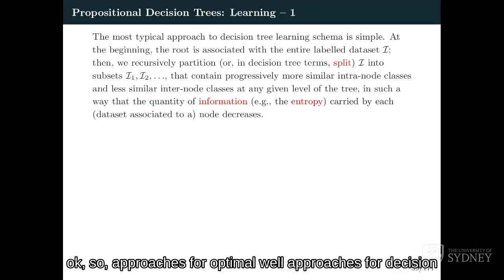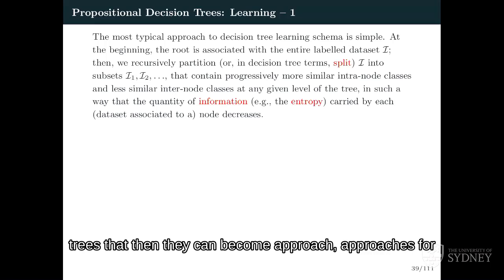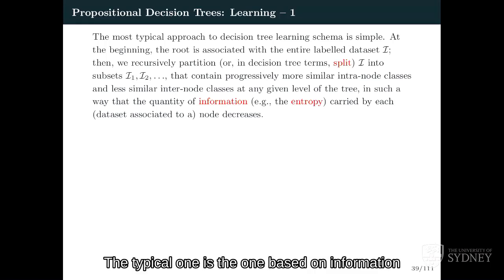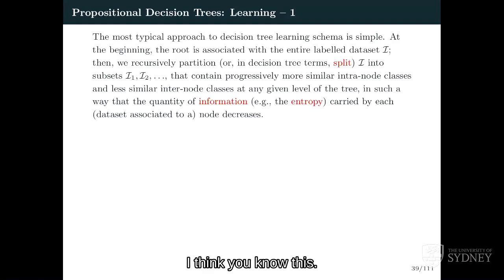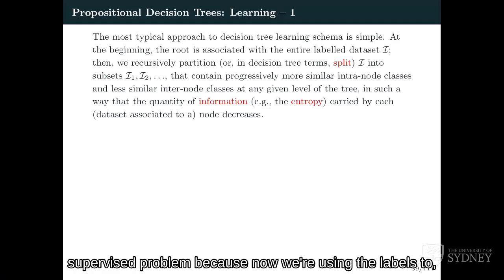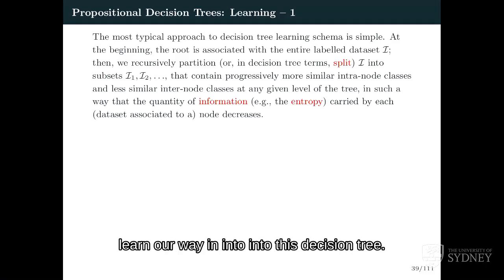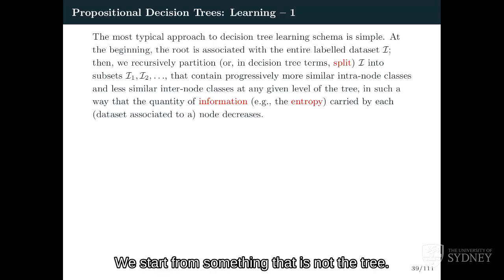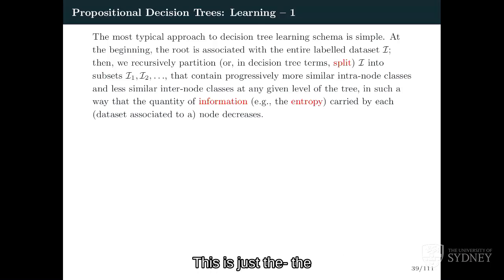Okay, so approaches for decision trees that can become approaches for optimal decision trees. The typical one is the one based on information entropy. I think you know this concept. Now we are very well into a supervised problem, because now we're using the labels to learn our way into this decision tree. We start from something that is not yet a tree. This is just the